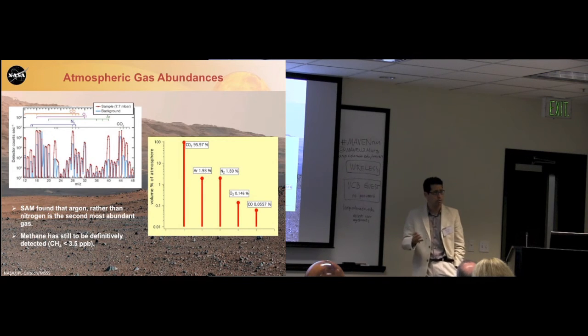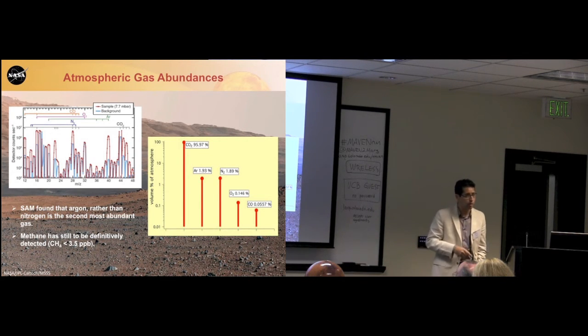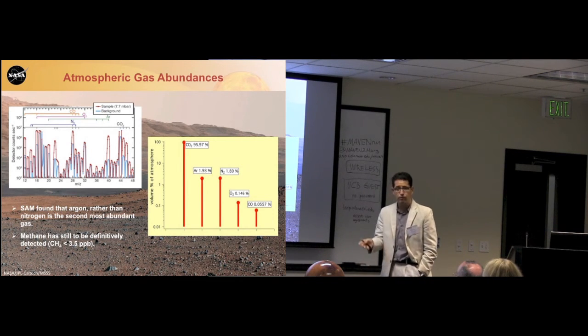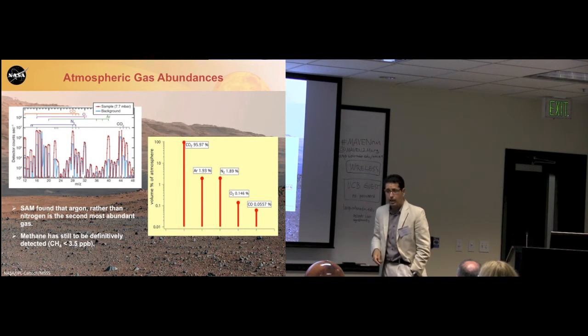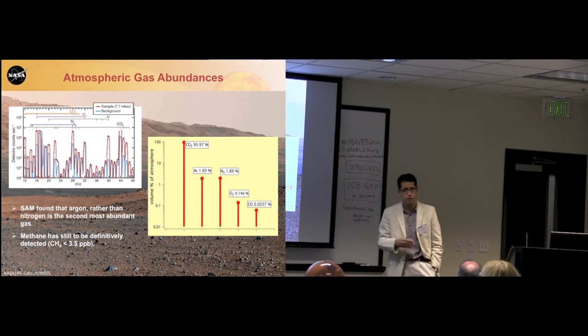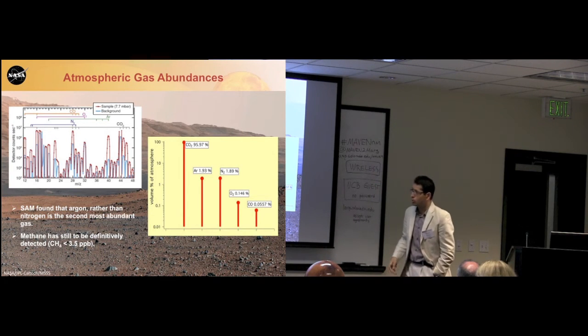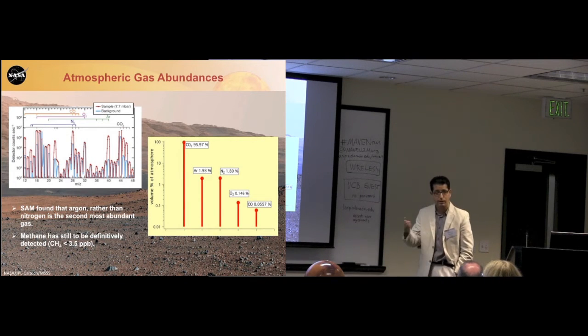They saw some variation between no methane to about 35 parts per billion. And the reason why everybody is hyped up by having methane on Mars is that on Earth we have methane, and 95% of the methane on Earth is of biotic origin. It's basically the metabolism of bacteria that releases methane. And only about 5% is from geological origin, basically venting through volcanoes and hydrothermal vents at the bottom of the ocean. So methane can be a sign of existent or extinct